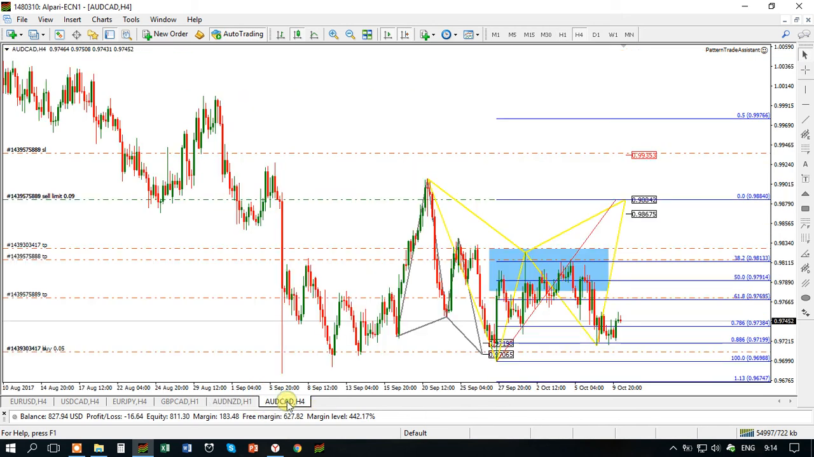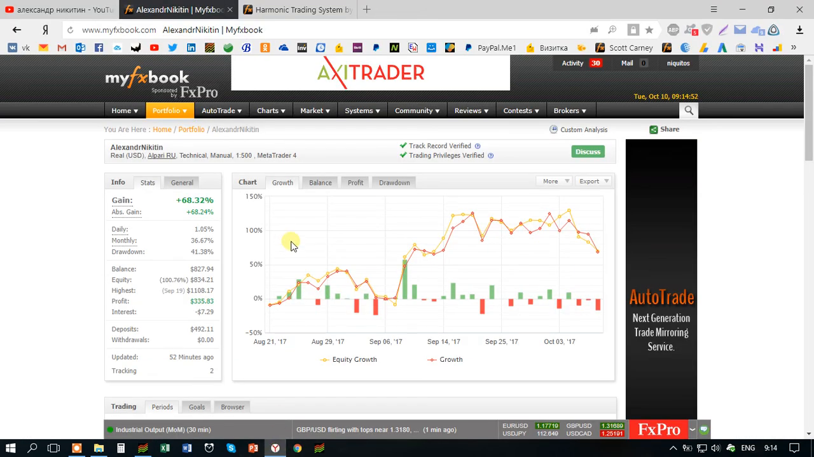Okay, Aussie Canadian is another trade. Butterfly is running, still have the secondary target, and the bat pattern is setting up. Let me go to my browser and let me go to my MyFXBook